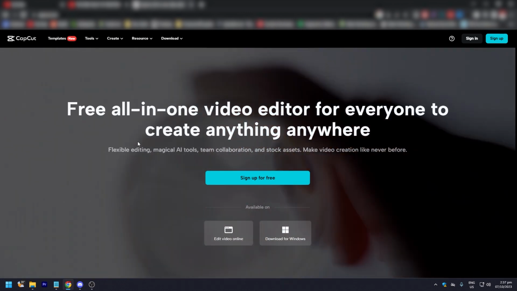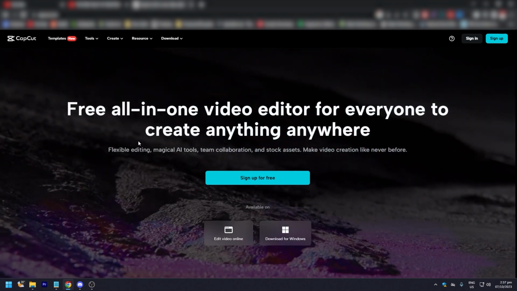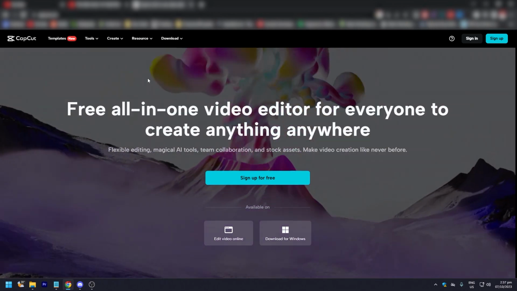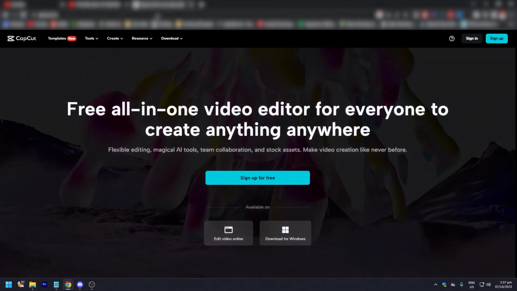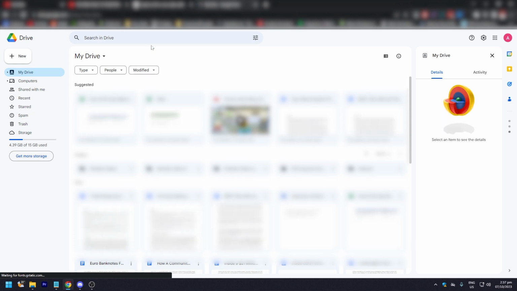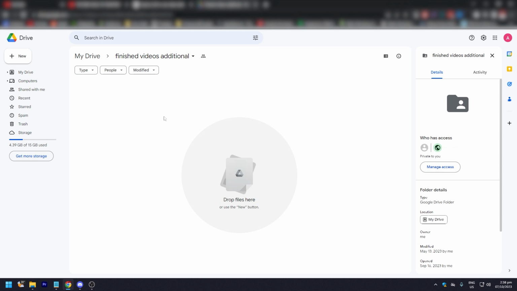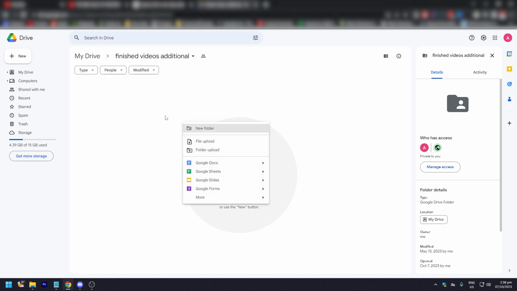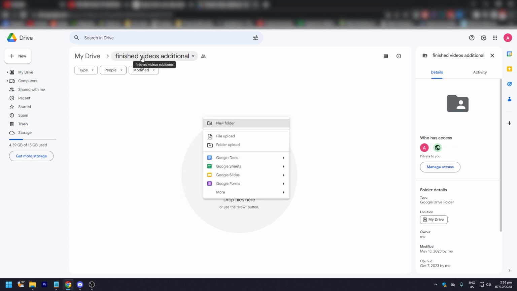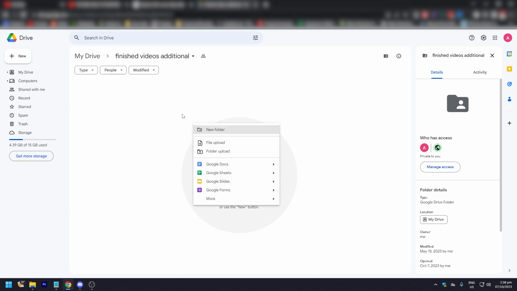What you need to do is go to your Google Drive. If you have a Google Drive like this, just upload it to a folder, say a CapCut folder. You can name a folder CapCut folder, and then there is an option on your phone to upload it from your phone to your Google Drive, and then open Google Drive on your PC, like so,